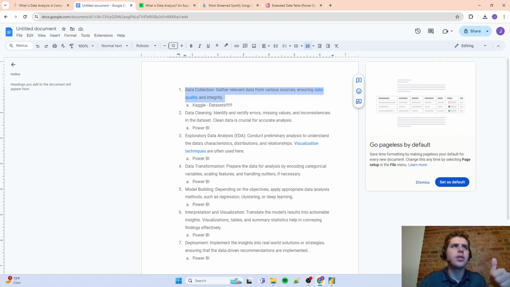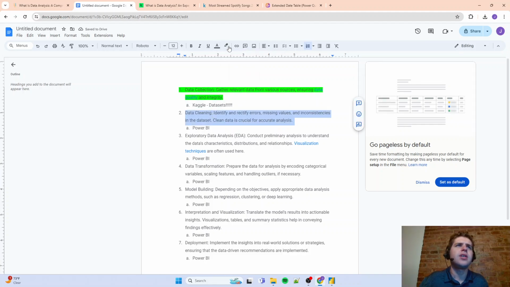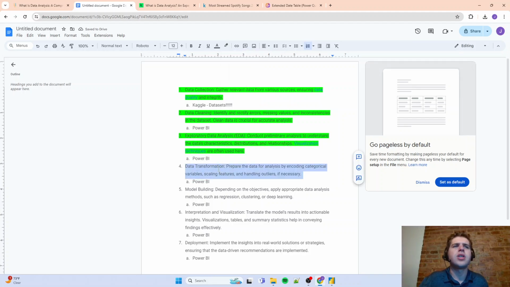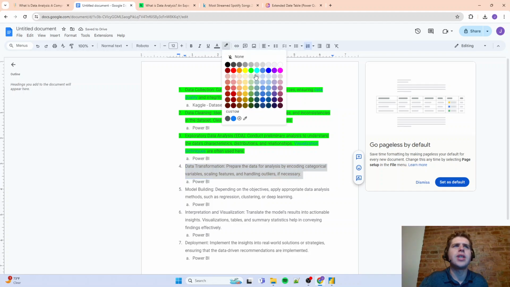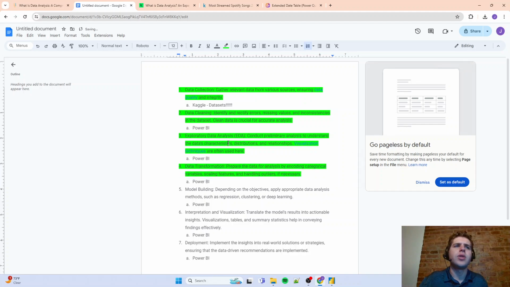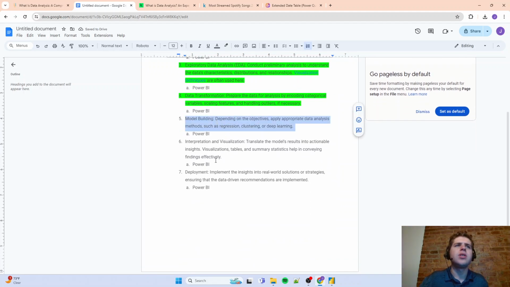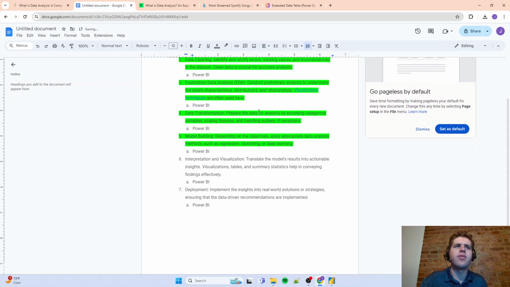Data collection, check. And you could even highlight this. Check, we did it. Data cleaning, check, we did it. Exploratory data analysis, check, we did it. Data transformation, remember we changed those columns into a date column in the fact table? You did it. Model building, you just did it. Look at that. We already did 5 of the 7 steps. So the only other